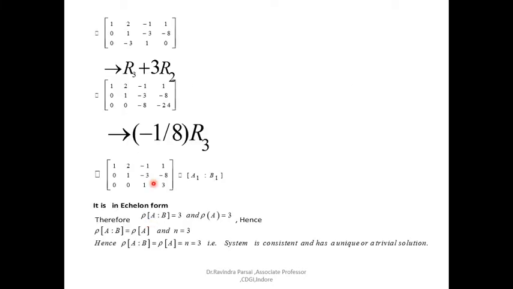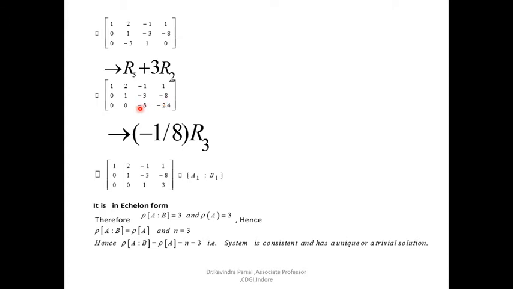So I am doing the elementary row operations: first row 1 2 minus 1 1, second row changed to make the pivot 1, and the third row keeping as it is, 0 minus 3 1 0. Now you utilize this minus 3 and make this position 0, so you apply R3 plus 3 R2, keeping the first and second rows as they are, so you get 0 0 minus 8 minus 24, since 8 threes are 24. Now you have this value.